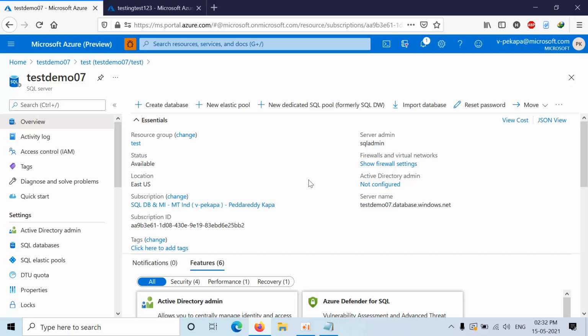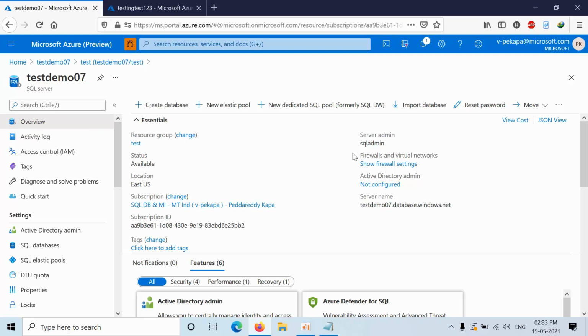Hello friends, today I am going to show you how to configure auditing on an Azure SQL database with selected events. We all know that whenever we configure auditing, all the events happening, like user events as well as system events, will be recorded in the auditing file. Some customers come saying they want to record only a few select commands or insert commands. They don't want to record all the events that are happening on the database. Today we will look into that requirement.